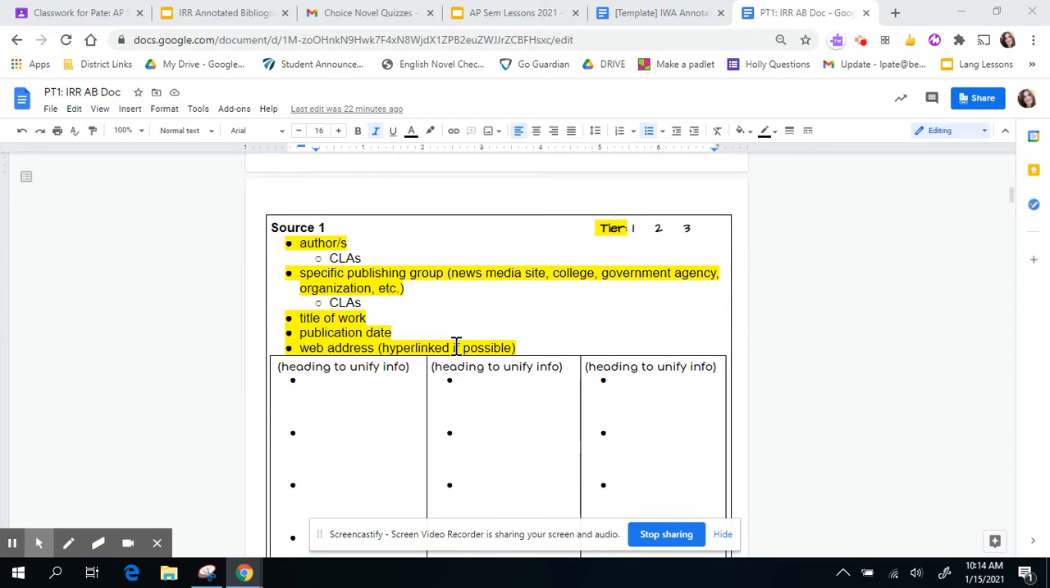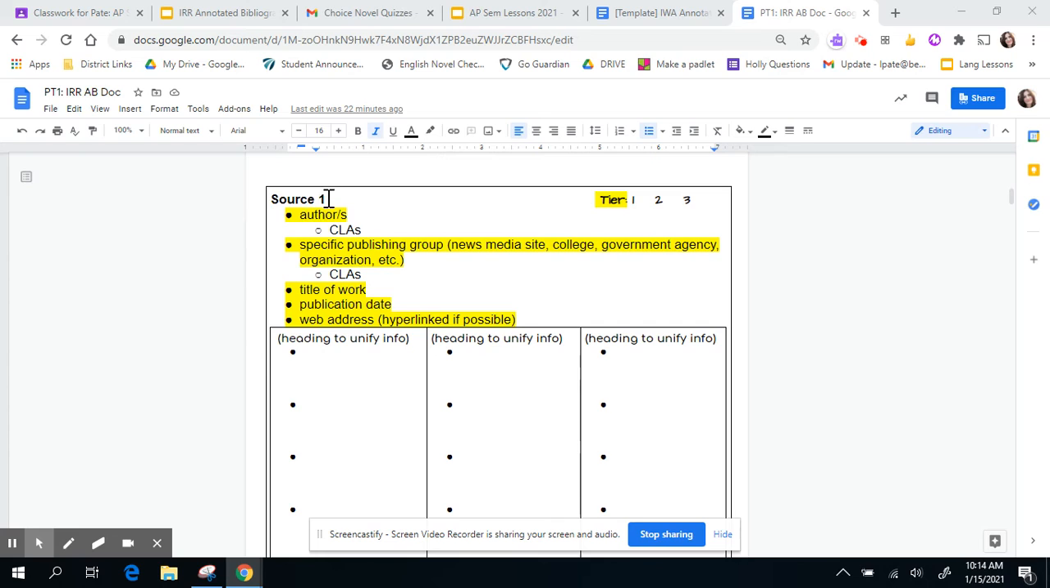And then that first team member now has an area for source one. Please don't change source one. It'll be good for me to know this is your first source when I'm counting. And then over here, I need to know whether this is a tier one, a tier two, or a tier three. Just to remind you, a tier one is going to be a scholarly, peer-reviewed, academic, highly researched and vetted